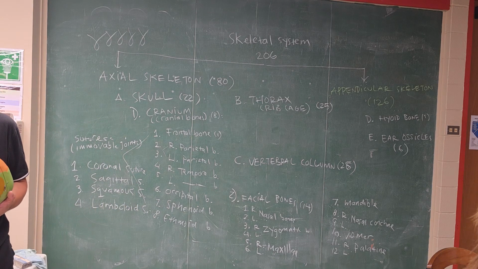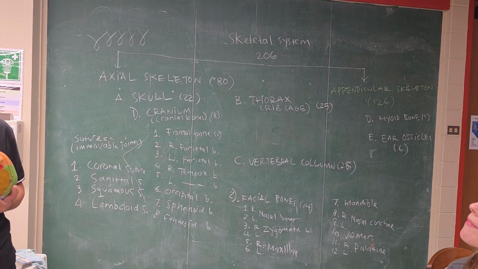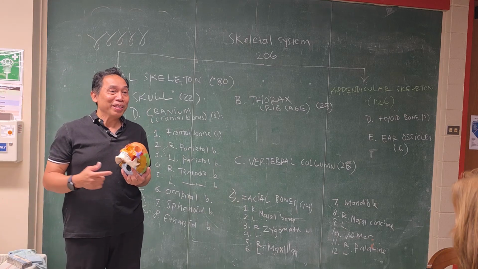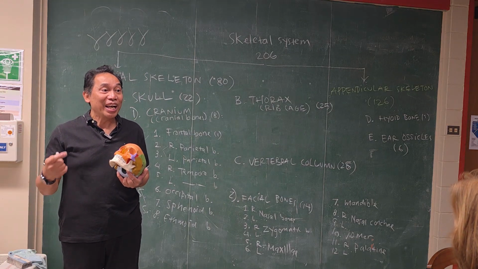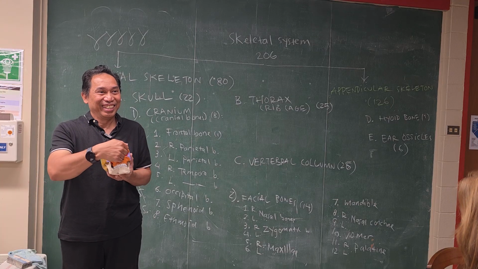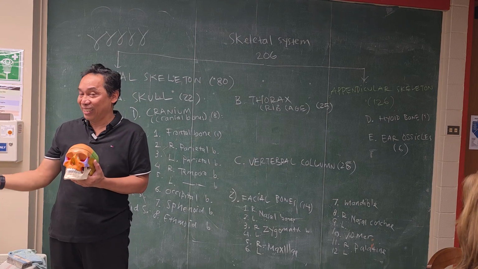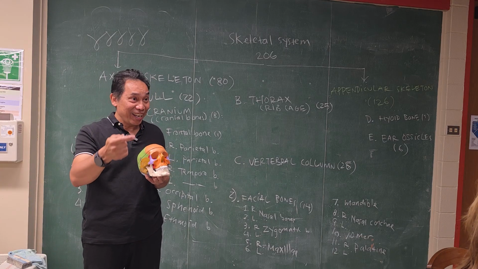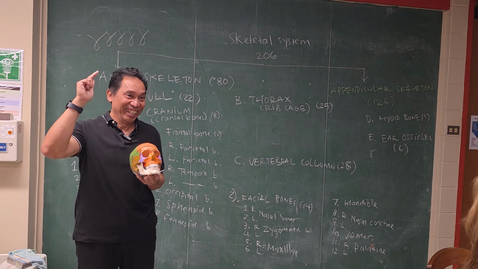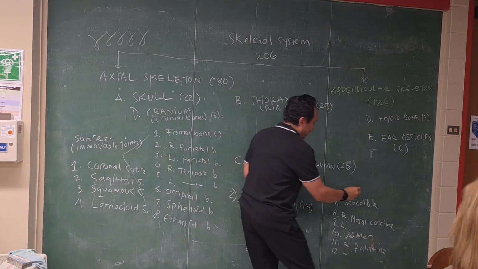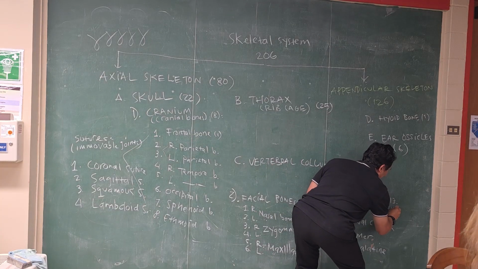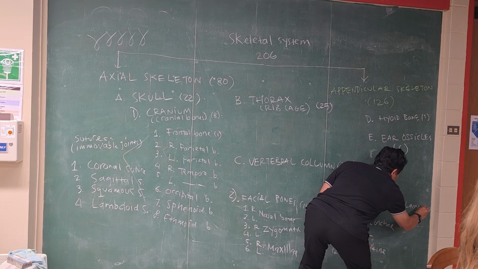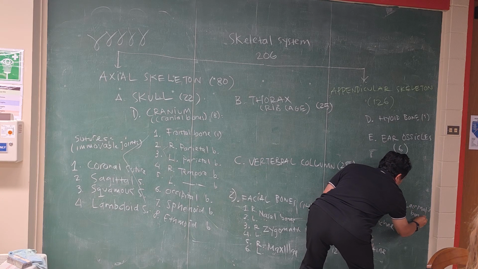Hey, 12. Where is the other two? Come on, don't make me cry. That one's going to be inside your eyes. That's for the tears. Tears go to this bone. Lacrimal. Don't make me cry. Lacrime means cry or tears. So number 13 and 14 will be right and left lacrimal. Lacrimal bone.